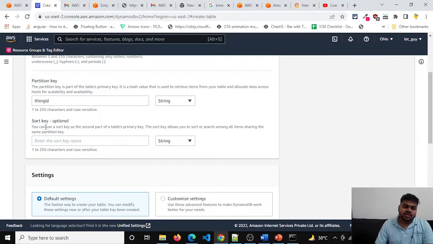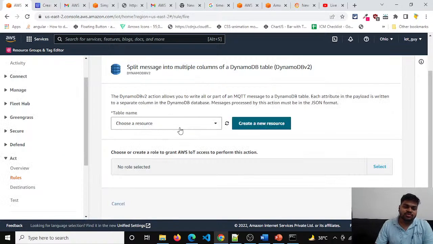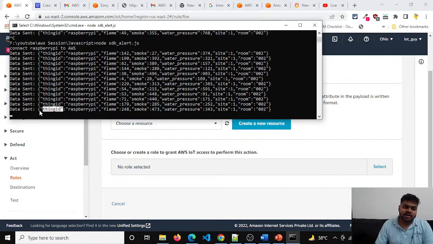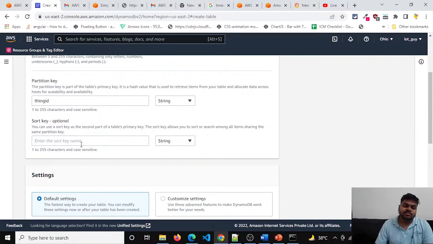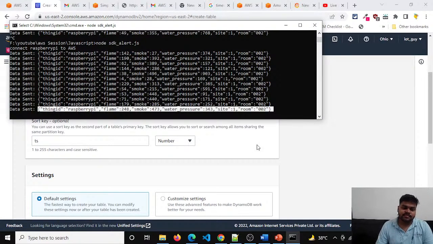Partition sort key, what should be the sort key? For the sort key we can use ts. So what is ts? I can't see ts here. But when we are creating that IoT SQL statement, I am using the timestamp function for creating another column which is called ts. That is actually a number. What number? It is a timestamp in milliseconds. So thing id, I can see, is a string. Okay,